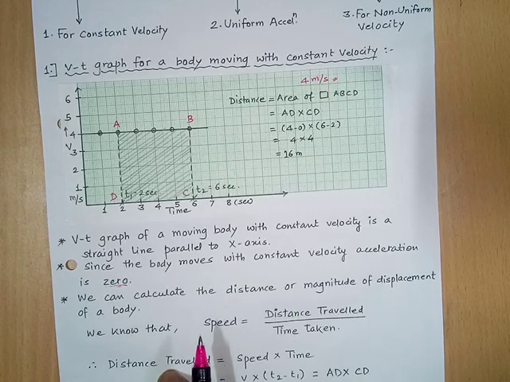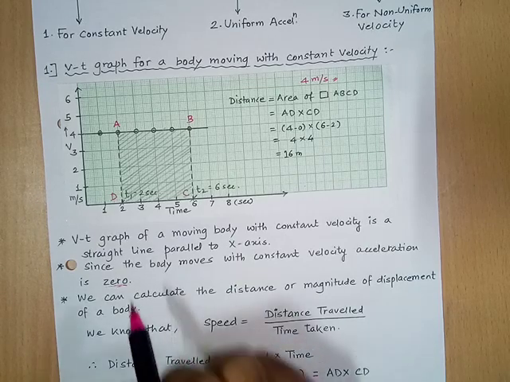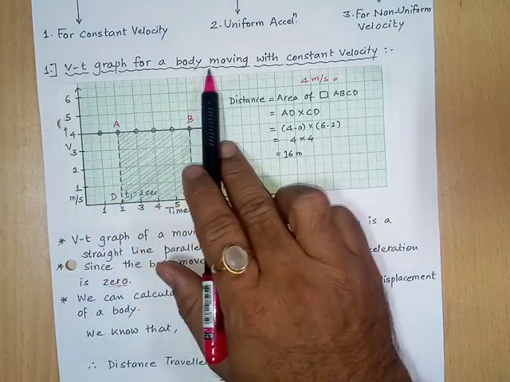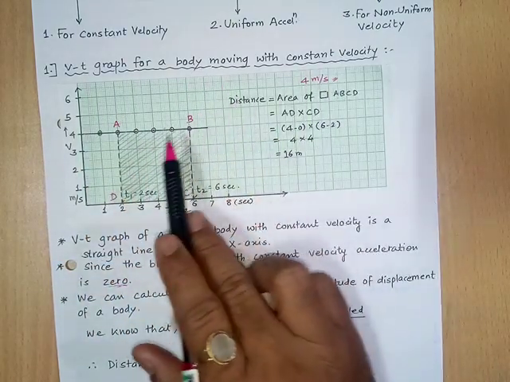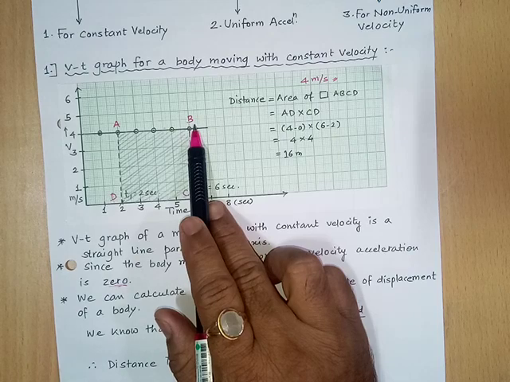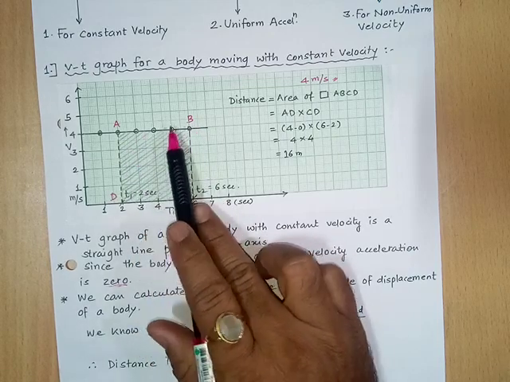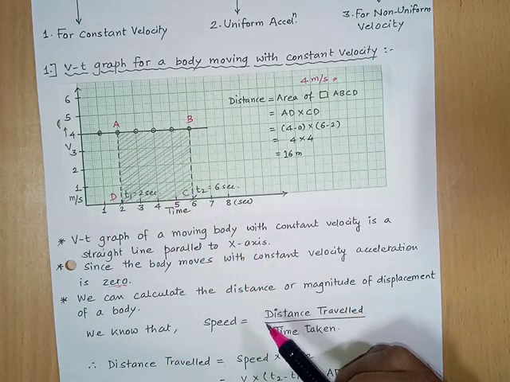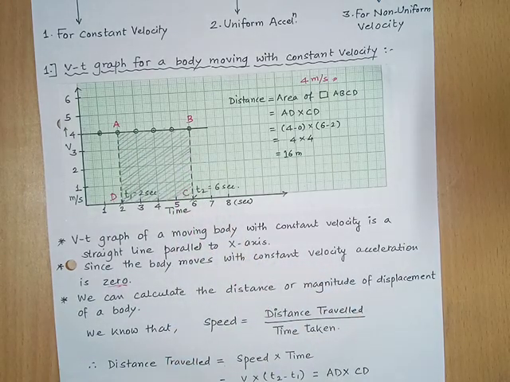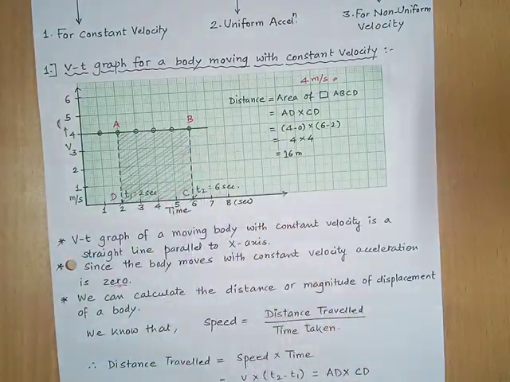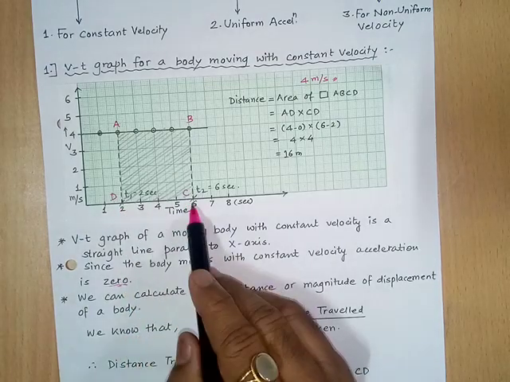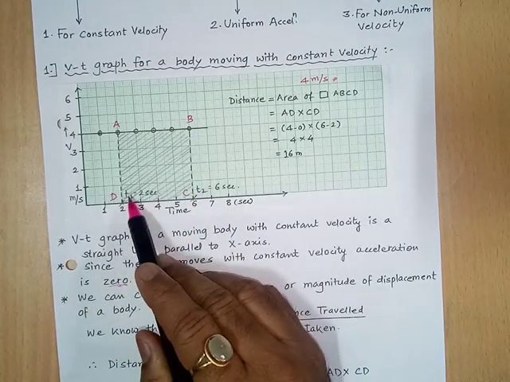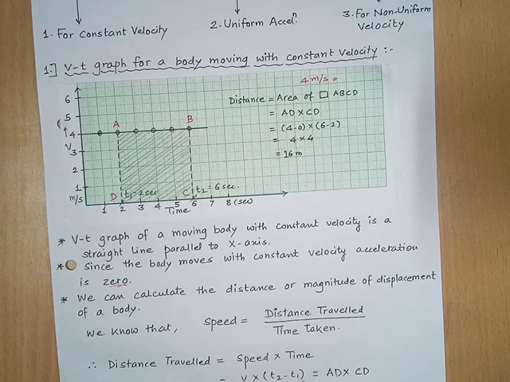Please remember this, it is the important point here. Whenever you plot the velocity time graph for a body moving with constant velocity, in between any 2 points, the distance covered is the shaded portion of the rectangle or square that you get. So here v will be the speed of the object, the same 4 meter per second, and time is the difference between the two respective times, that is t2 minus t1. So I have written here t2 minus t1.